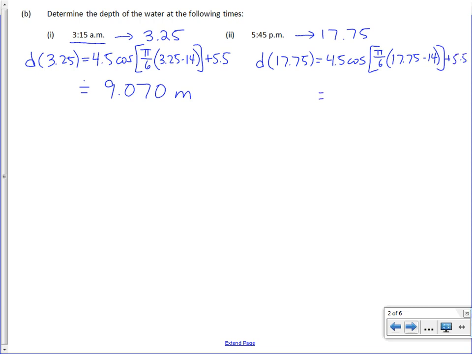So again, make sure you can do it on your calculator. 4.5 cosine open bracket pi over 6 close bracket, 17.75 minus 14 close, plus 5.5 equals 3.778